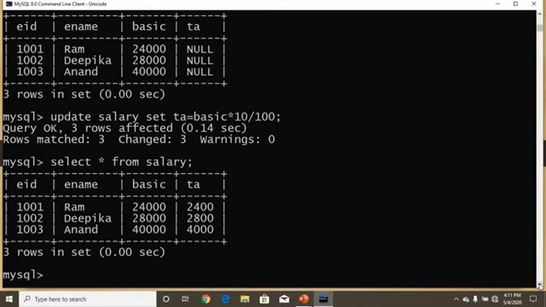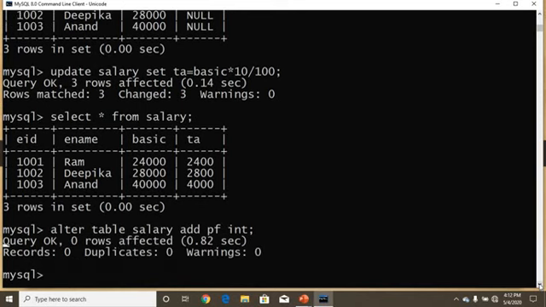How to add a new column? By using the alter command, we can add a new column. What is the syntax? Alter table name salary, add new column name PF, Provident Fund, data type integer, end with semicolon. See, now one more column is added.